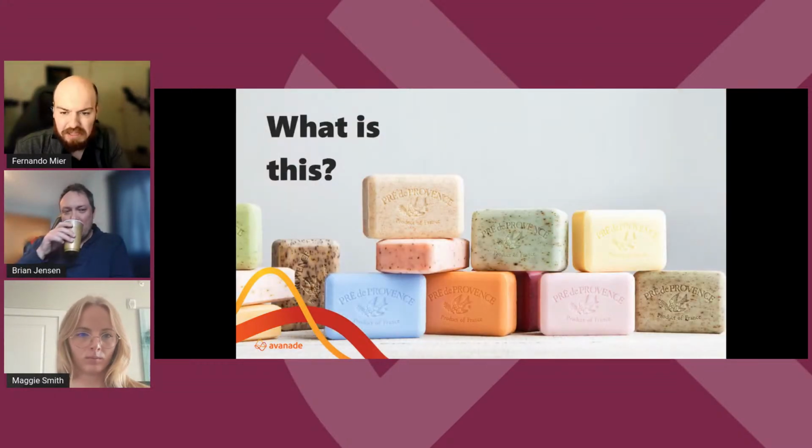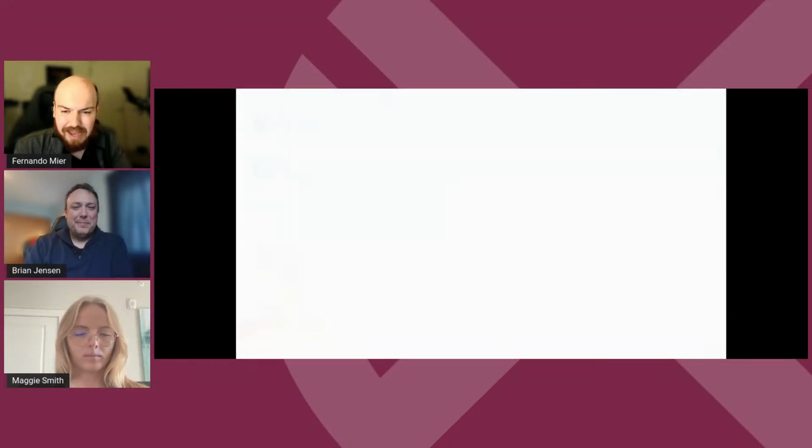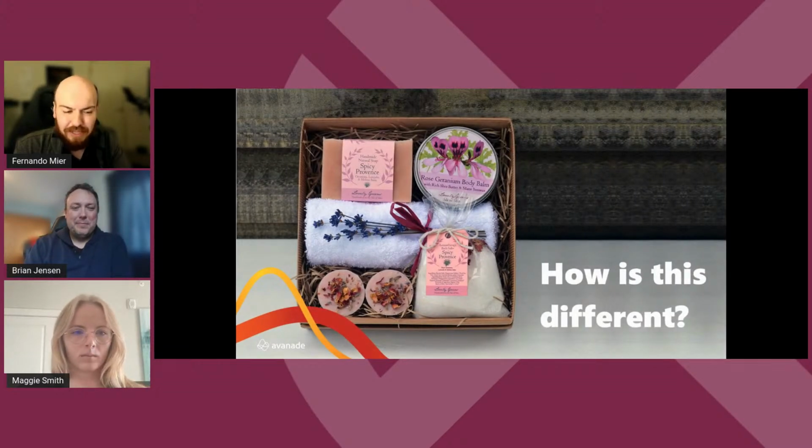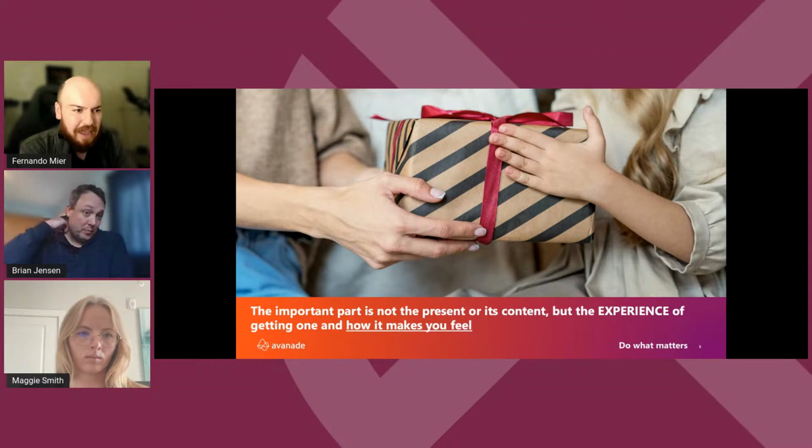Similarly, if I were to show you this and ask you, what is this? I would expect that most people will be able to guess that it's soap. Again, just a common item that we use, nothing too exciting. Some of them might be fancier than others, but again, an object of our hopefully everyday life. So how is it different when we wrap soap, put it into a little box, and give it to someone? It is because by making this exchange, by passing a gift, you are making someone be seen, be known, and have an interaction or a reaction to sometimes objects that